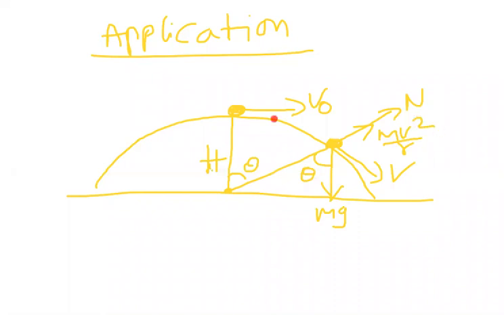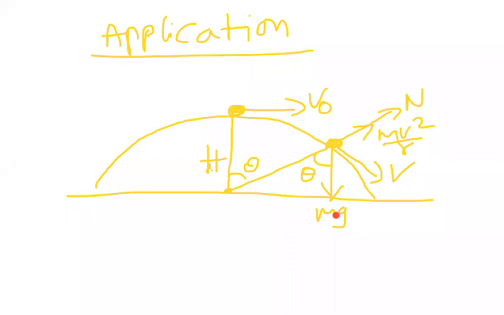The object is moving on this vertical circle from the position of maximum height to this position. Here the velocity was v, so the centrifugal force is mv square by r. Normal reaction N, and the weight of the body acts downward. So this is the information given to us.